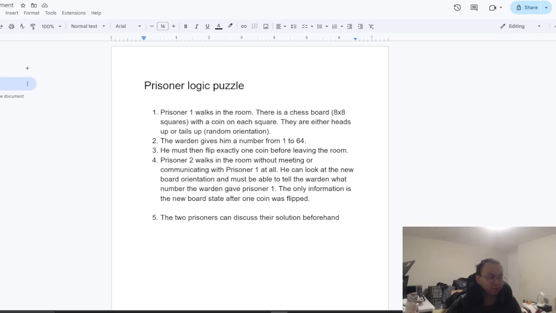Alright, I just wanted to talk about this logic puzzle I was given a long time ago. It was an assignment in my computer science course, and I did not figure out the logic solution back then. I figured it out much later, and the solution is so memorable. It just keeps coming back to me every now and then, and I think about this problem a lot. I've been thinking about it again, and I just like this puzzle so much,